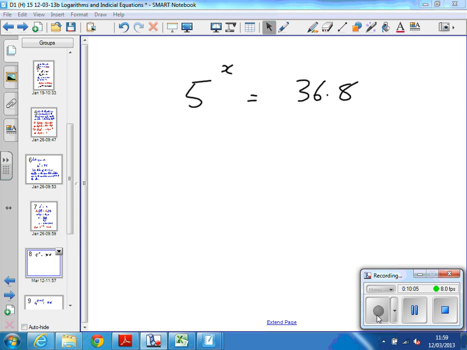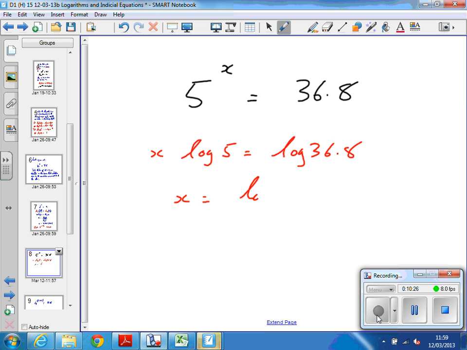So, I'll take log of both sides. Because I've taken the logarithm of both sides, that x can come down and become a multiply. So x log 5 equals log 36.8. So I've done two steps in one there. And then divide both sides by log 5. So log 36.8 divided by log 5